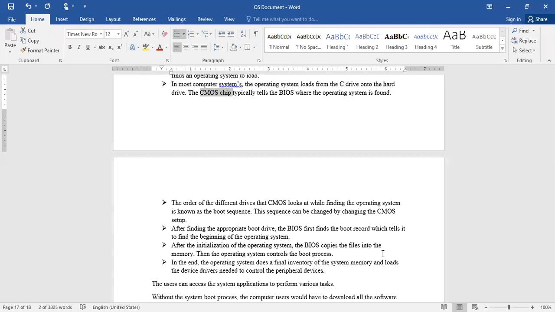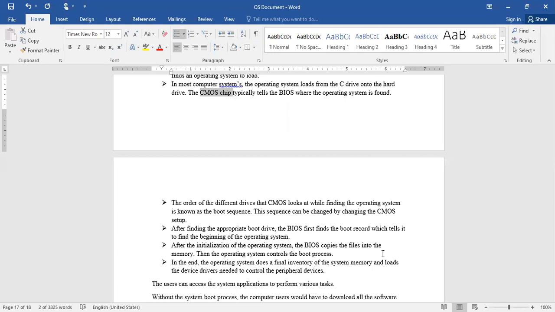So once it is loaded properly, it takes control from the BIOS, because up to now the BIOS has taken care of loading and verifying all the hardware components and the operating system. Once it is loaded, the operating system takes care of the further process.